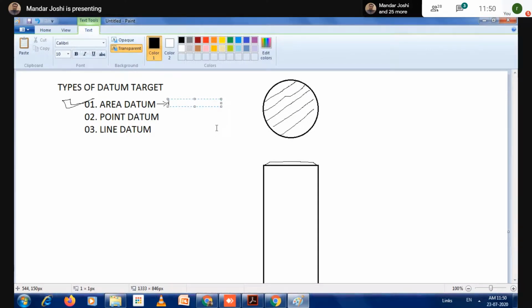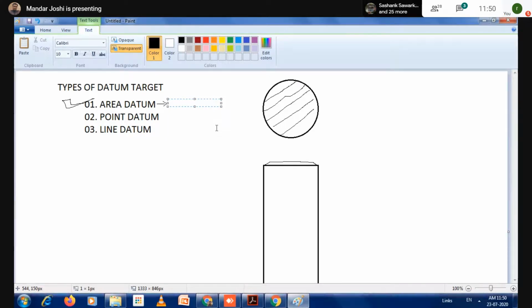You know that mandrel, a machine part. For example, an axle? No, that is not actually a machine component.